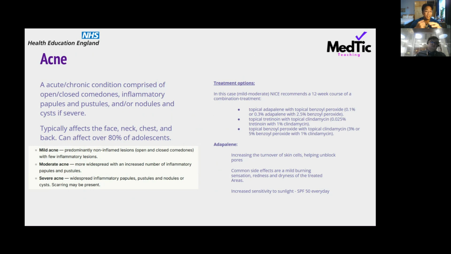what you'll see in the exam is described as open/closed comedones with inflammatory papules and some pustulation. If it's really severe acne, you'll get all of the papules and pustules. So papules are just little round lesions you can feel, and pustules are filled with pus. But you also get deeper palpable nodules and cysts. But most of the presentations that you'll see in GP, where we normally manage them, will be of the mild up to moderate. You will find them on the face, neck, chest, and back, and the condition affects quite a lot of adolescents,